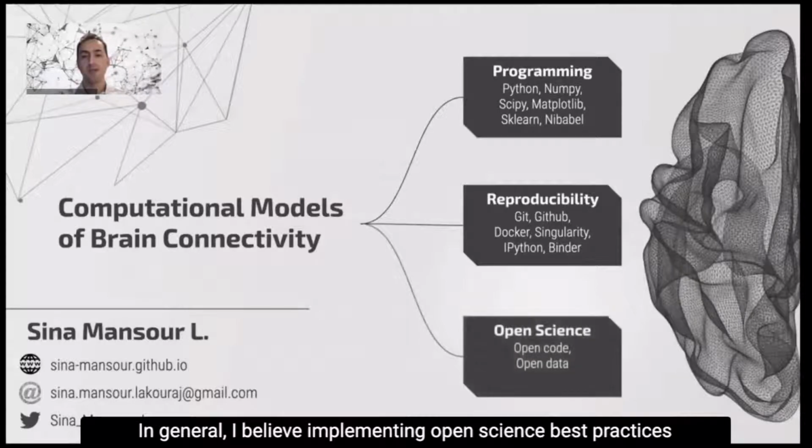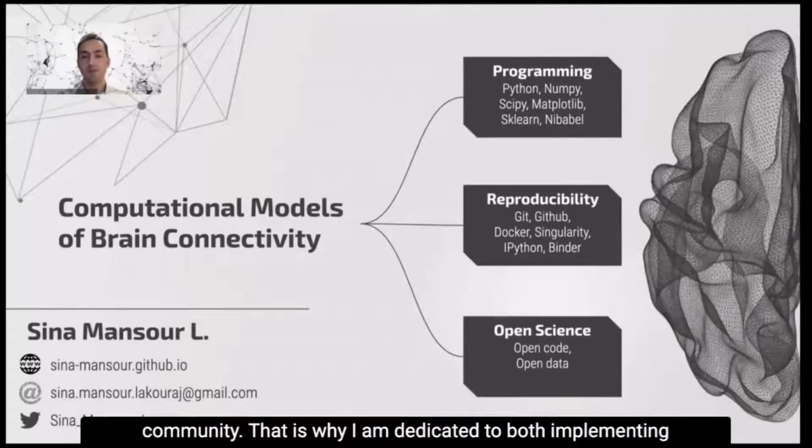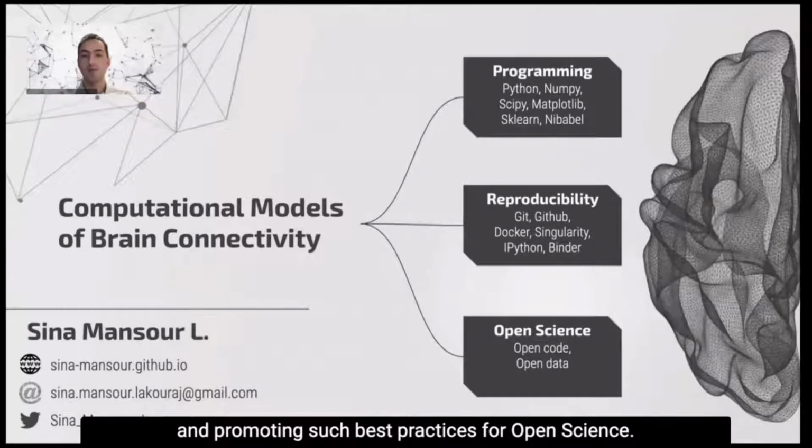In general, I believe implementing open science best practices can generally improve the research quality in the neuroimaging community. That is why I am dedicated to both implementing and promoting such best practices for open science.